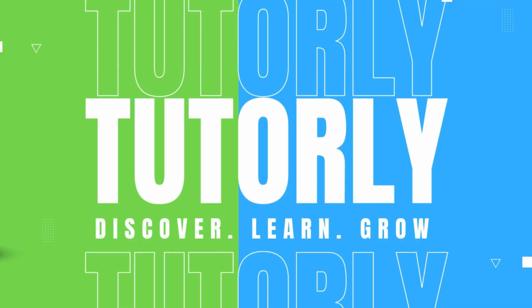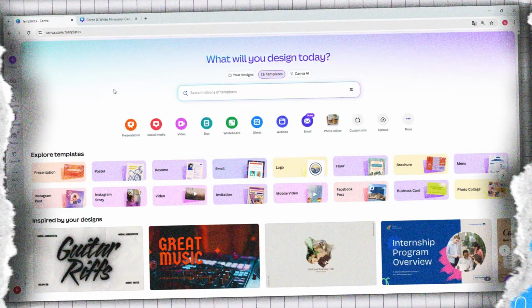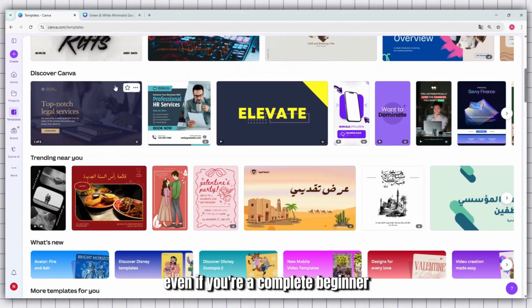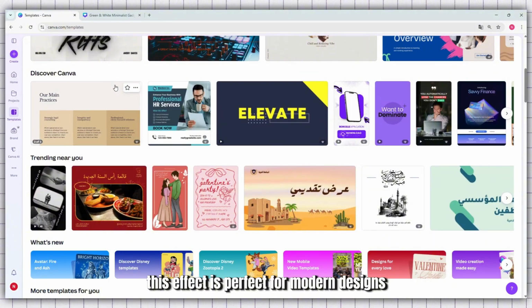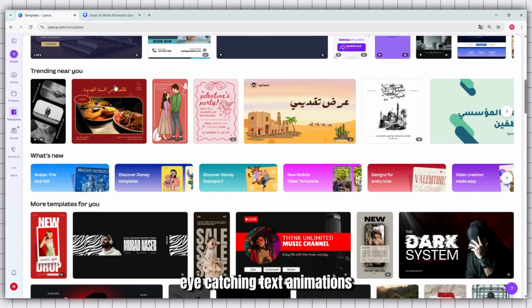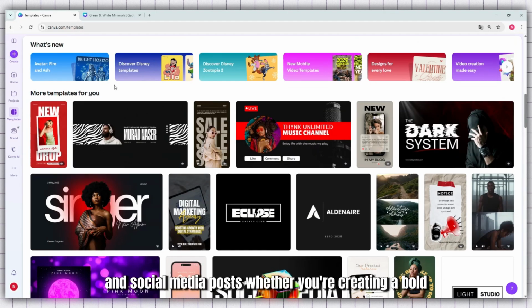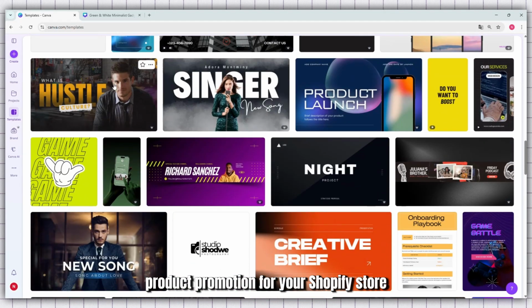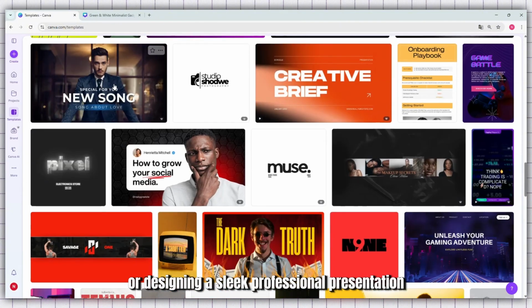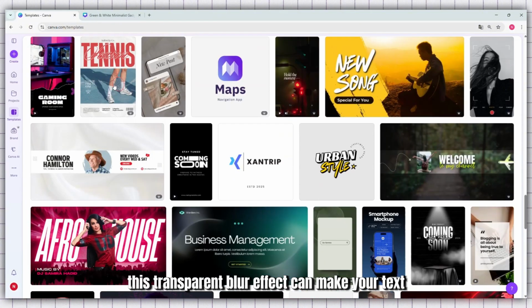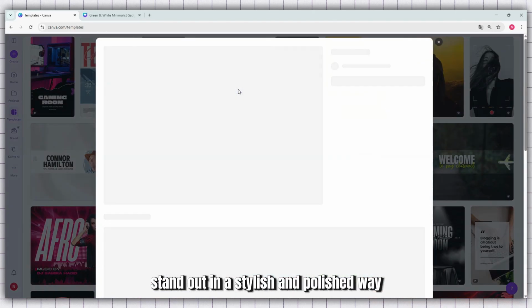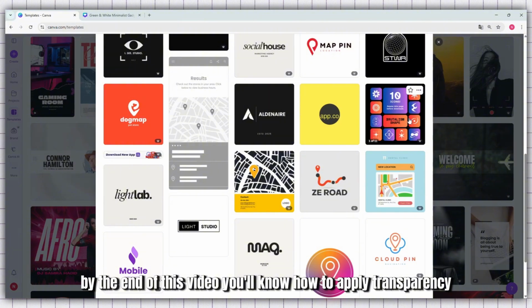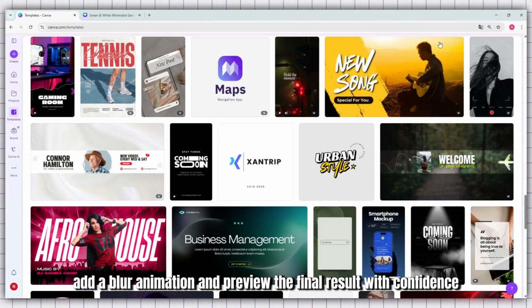So in today's video, I'm going to show you exactly how to create a transparent blur effect in Canva, step by step, even if you're a complete beginner. This effect is perfect for modern designs, eye-catching text animations, thumbnails, presentations, and social media posts. Whether you're creating a bold product promotion for your Shopify store or designing a sleek, professional presentation, this transparent blur effect can make your text stand out in a stylish and polished way. By the end of this video, you'll know how to apply transparency, add a blur animation, and preview the final